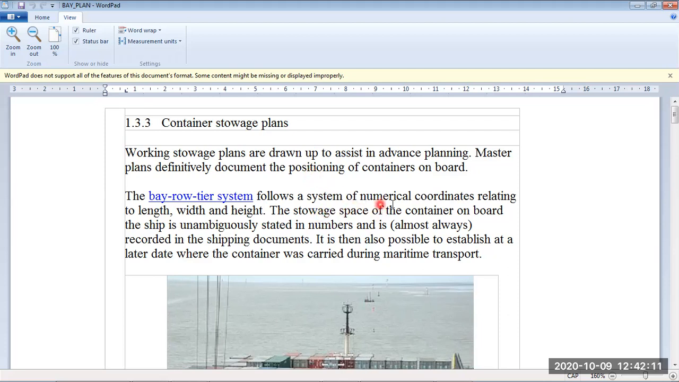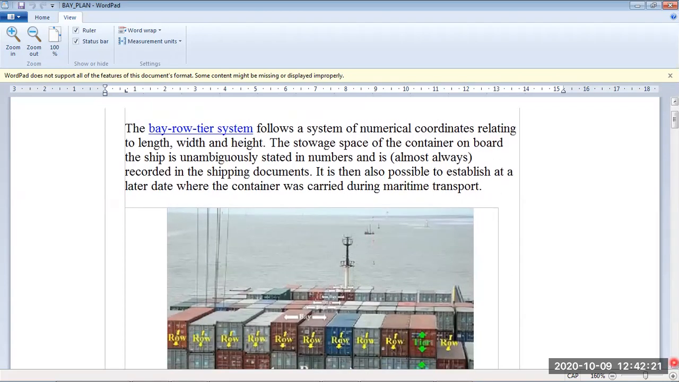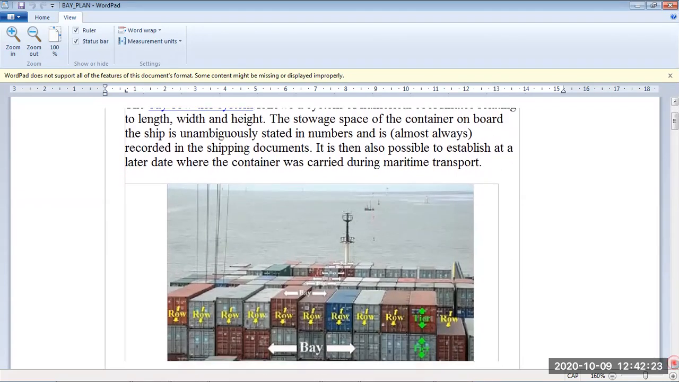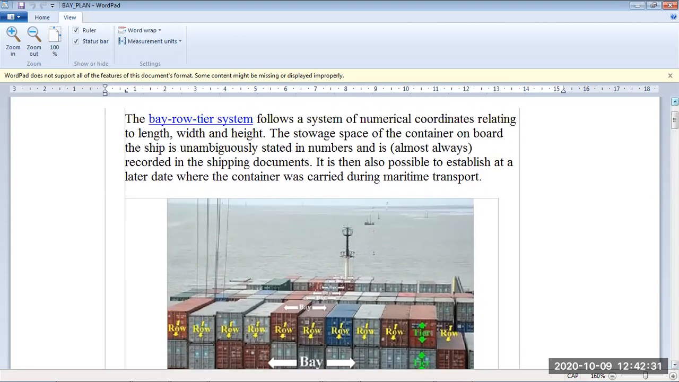The bay-row-tier system uses numerical coordinates as per the length, width, and height of the containers, that is, lengthwise, widthwise, and heightwise, wherever they are stored. That's what we have seen already, and this is how we have to write. And as all the shipping documents are there,